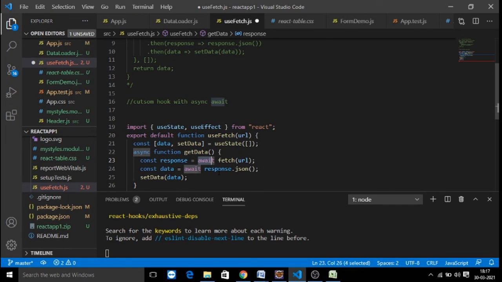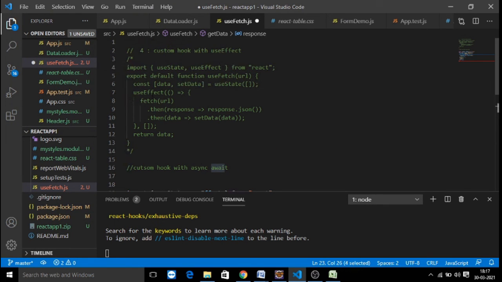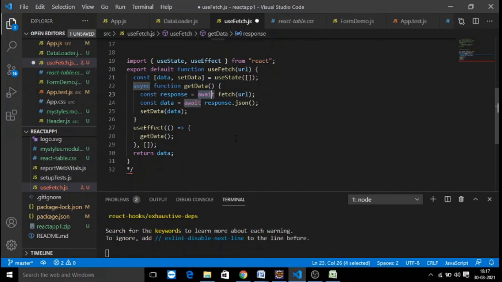With async await, you're not going to use useEffect. This makes your application load your data using the same function called getData. This getData function is designed with async and await. That is the getData function you are calling as part of your useEffect.